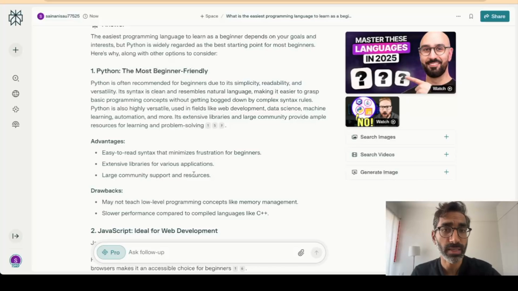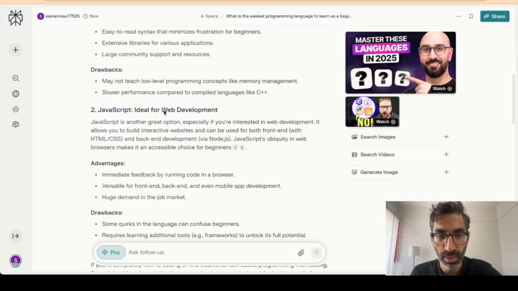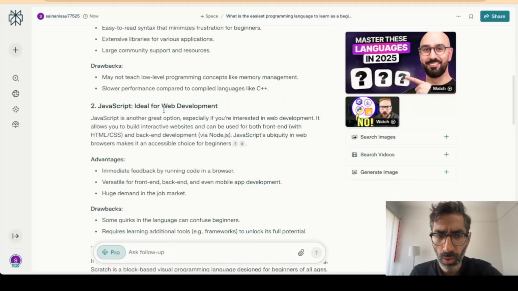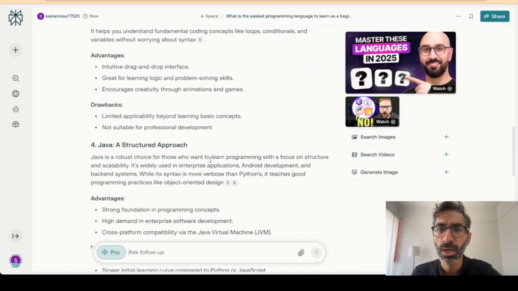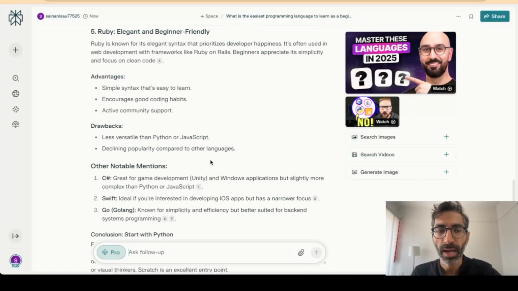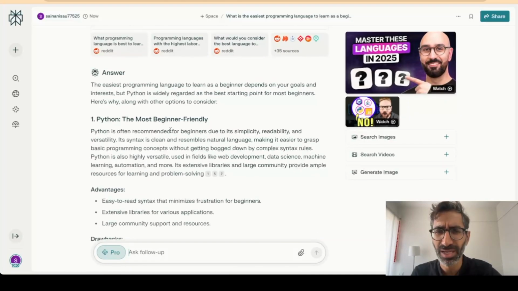And where is Perplexity drawing all this information from? All these sources. So in case you have any doubts over the credibility of the information, you can go back to the source and verify the information yourself. And if you want some more detail as well, you can of course go to the source directly and check it out yourself. Then again, the answer continues where it says that JavaScript and Scratch are good for visual learners, and so on and so forth. But I had asked Perplexity what is the easiest programming language to learn as a beginner, and the answer